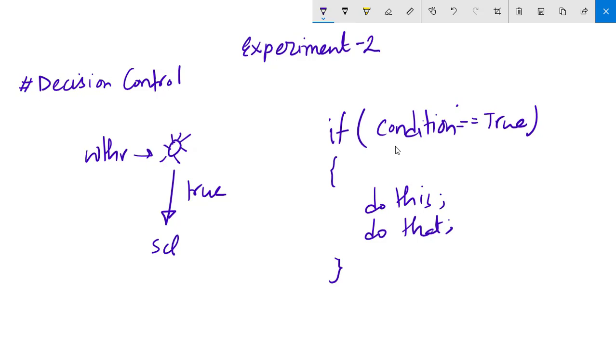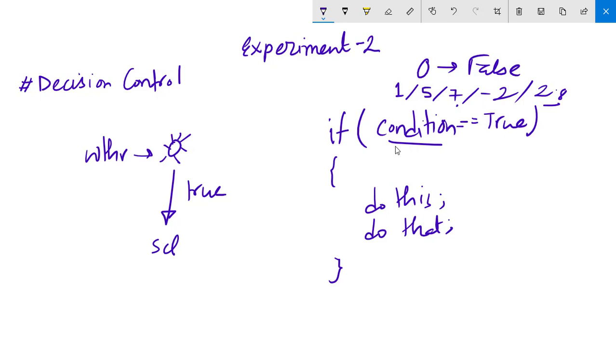So the prerequisite for the code to execute these two lines is this condition being true. For a C program, 0 means false and any other number means true. 1 can be true, 5 can be true, 7 can be true. In fact, -2 can be true, even 2.8 can be true.